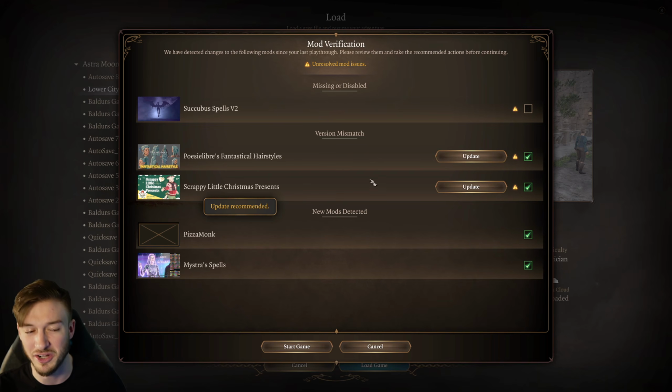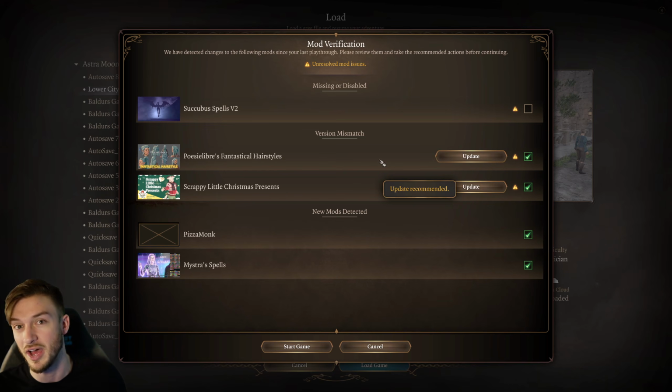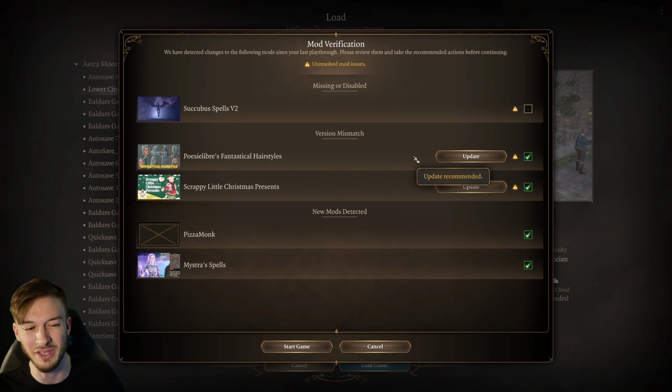But my personal recommendation is don't update mods unless it's a super serious need, because typically the mod mismatches here cause some issues, and I've had multiple runs get deleted because of updates to mods, and it becomes a lot to manage. So I just want to mention that. It's typically recommended to not update until the run is over, or if it's an item, throw it into